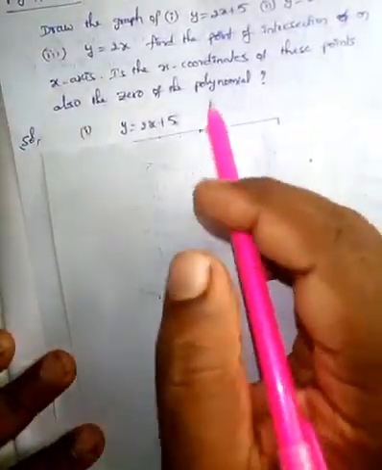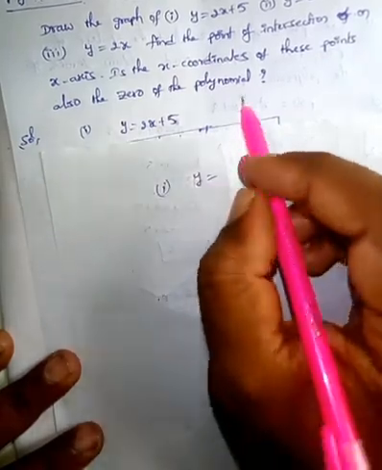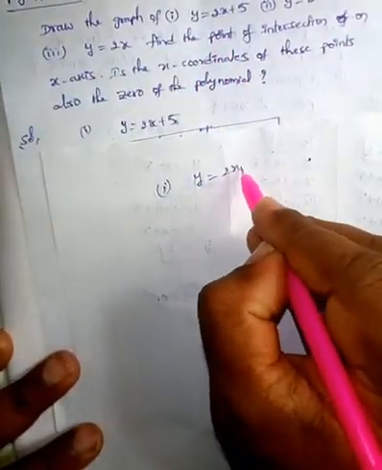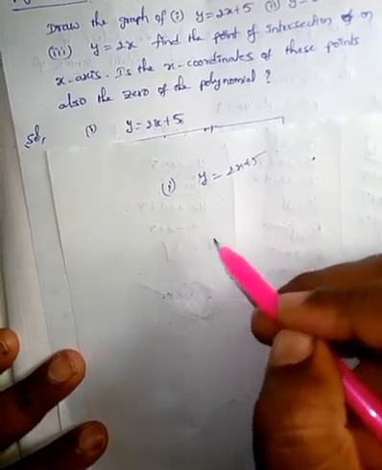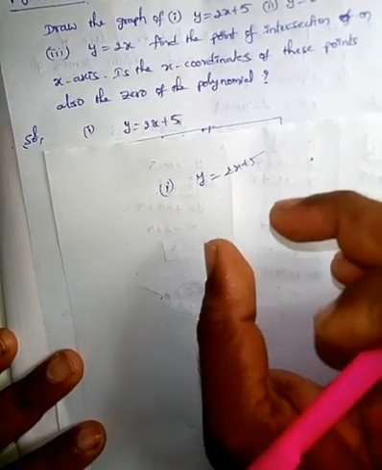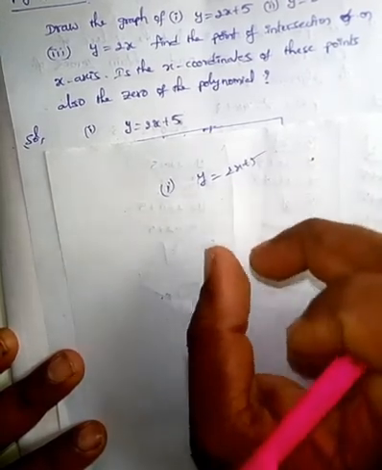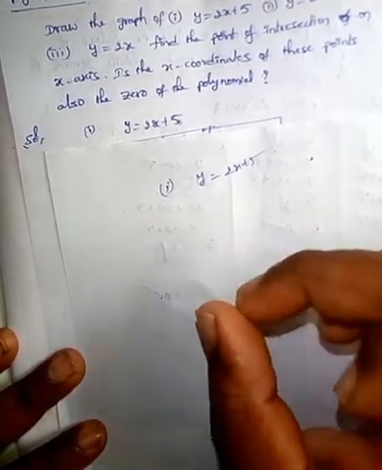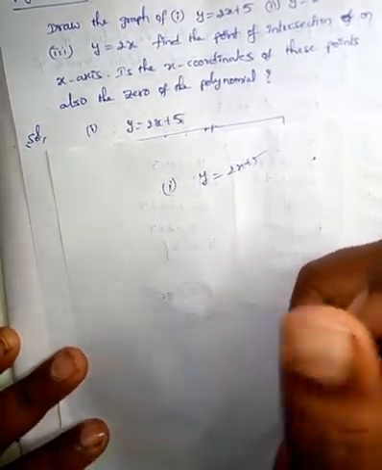Okay, so you can calculate the 0 of the polynomial without drawing the graph also. Let me explain how to find the 0 of the polynomial. Here the equation is y equal to 2x plus 5. Okay, what is the 0 of the polynomial? Yes, if you substitute any value in the place of x, and you got the result as 0, then that value you substitute in this polynomial is the 0 of the polynomial.